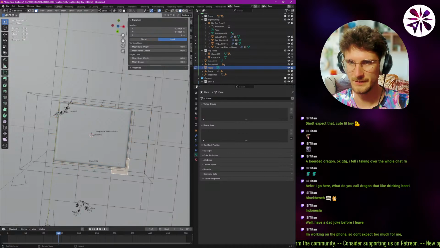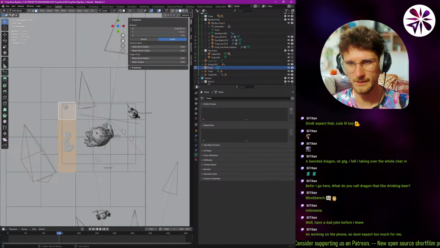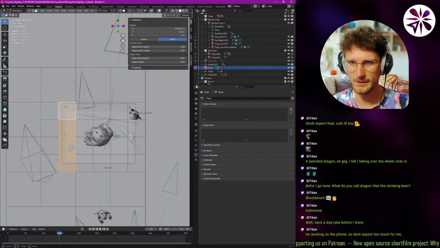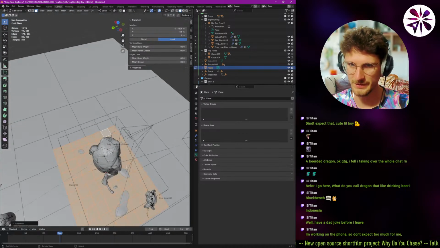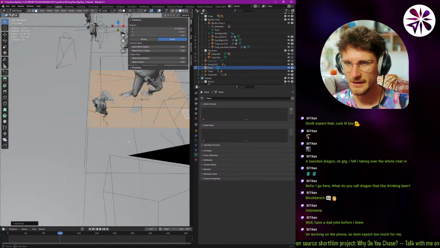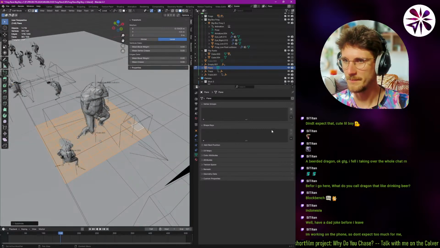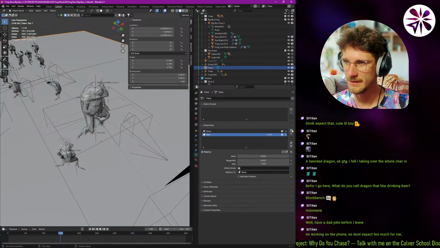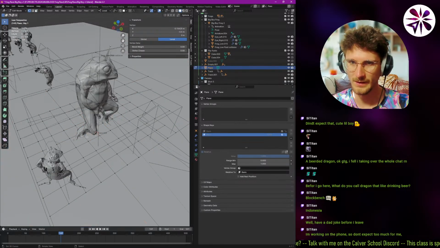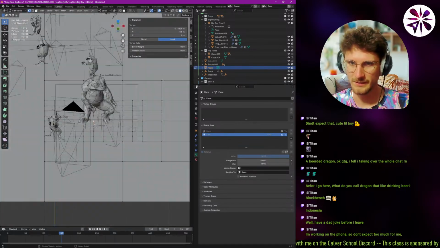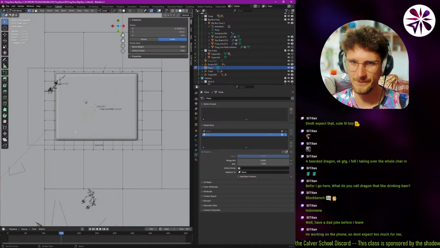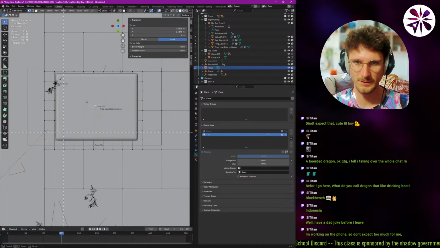These, then yeah, like this part here, subdivide one more time, and then we can just add a little bit of shape key, and then another one, put that to 100% already, and then we can just move the stuff from inside of this box